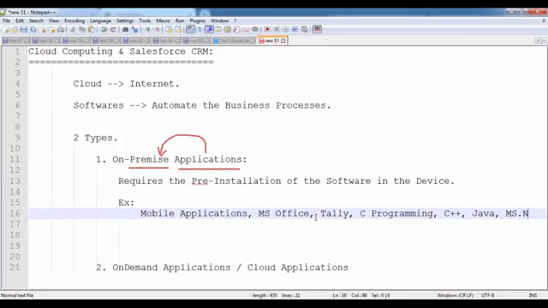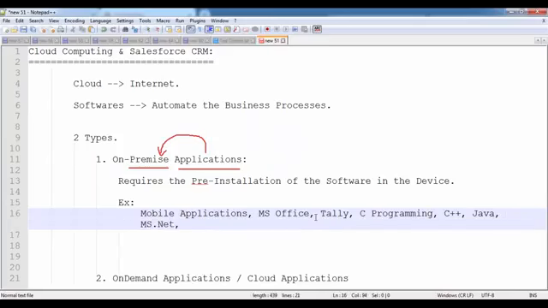I want to develop a small .NET-based application. .NET software we have to install. I want to use an Oracle database to store some data. So this Oracle database also we have to install on our local server or on the organization's server. I want to use a SQL Server database to store some data. Here also we need to install it, either on our local system or on the organization's server. Somewhere we have to install.